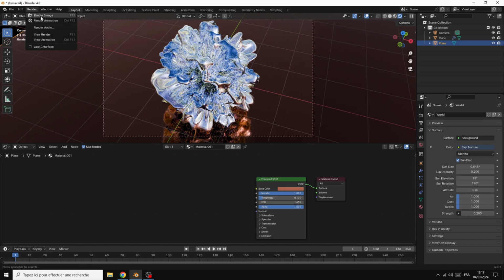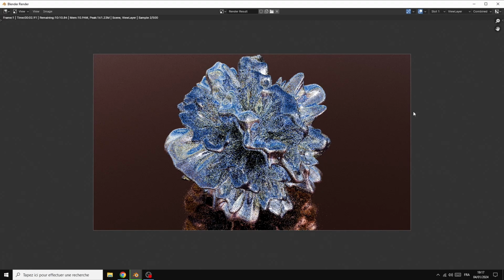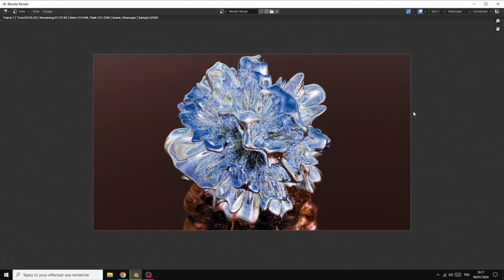Now if we go to render image to see how it looks as an abstract, it's not bad, but I think we will change